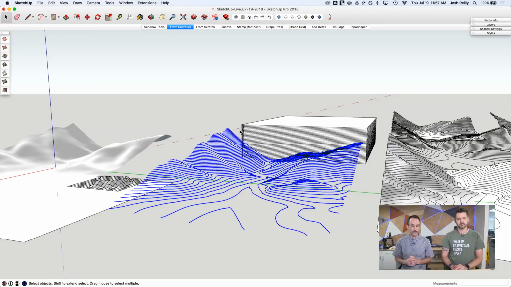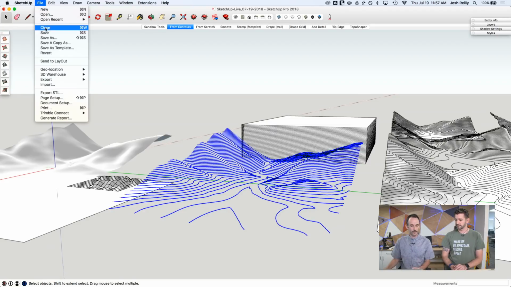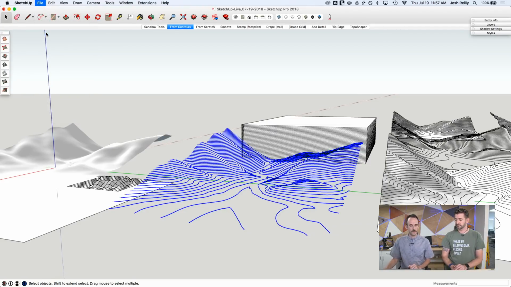So how do you put a surface on top of that? And there's a couple different ways. There's native tools, there's extensions, but we're talking about the Sandbox tools. So let's use the From Contours option here. So again, file save before you do this, just good practice. And then we'll click on From Contours, and SketchUp will do its thing and drape some kind of surface on